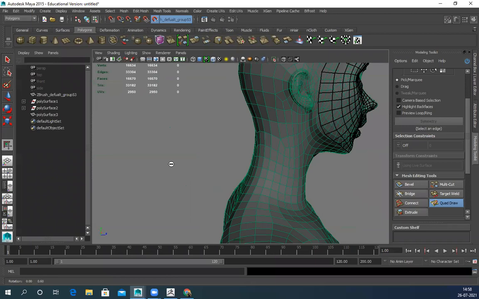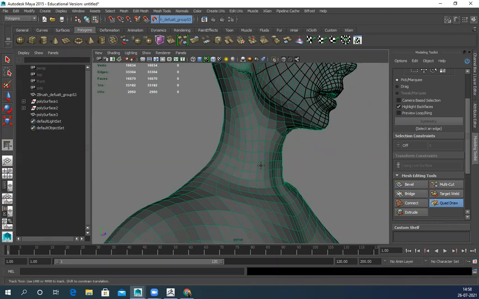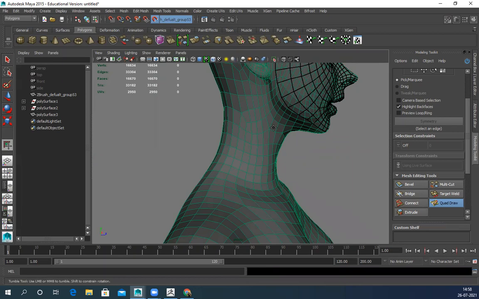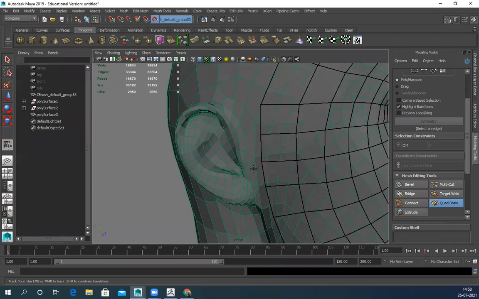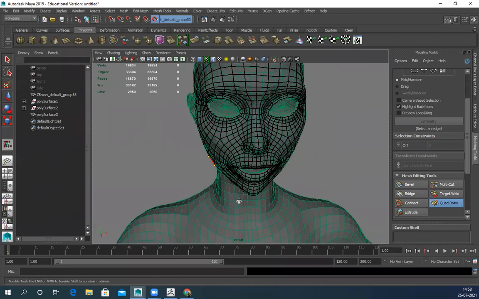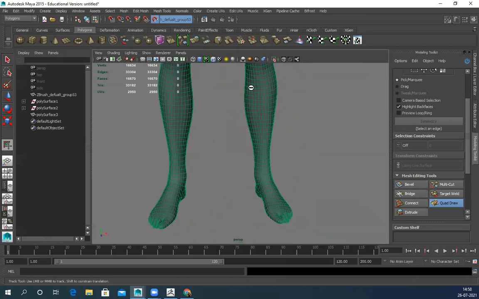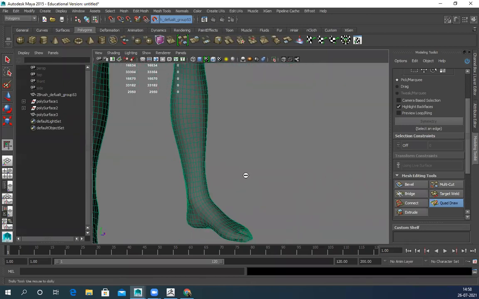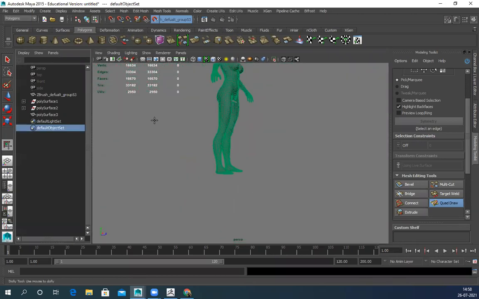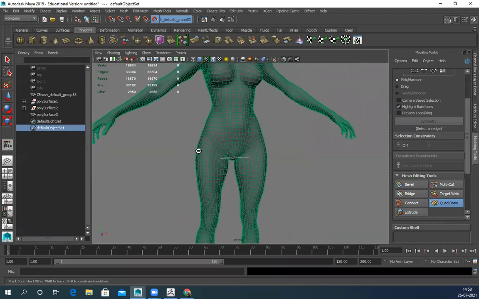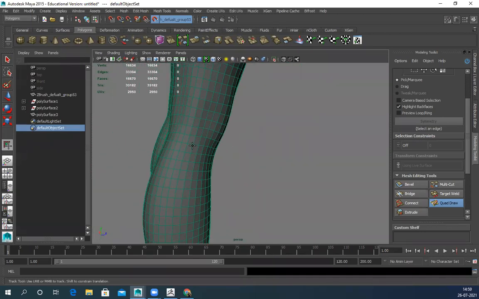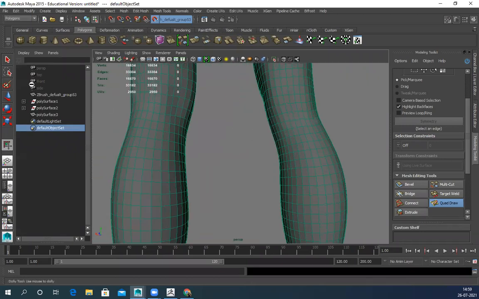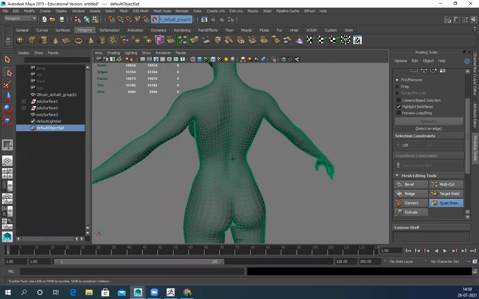Neck, like this triangle I have to remove, and these lines are straight. This is correct. Only this thing I have to continue. Ears, I can use directly from here. It's fine. Legs, I guess not visible, so we'll delete them. Oh, hands also not visible. I'll delete that. And body, especially joints, I have to make sure that there are at least 3 loops to hold the shape so that it can bend without any problems. So all these loops are correct only. So a few things only we have to modify.